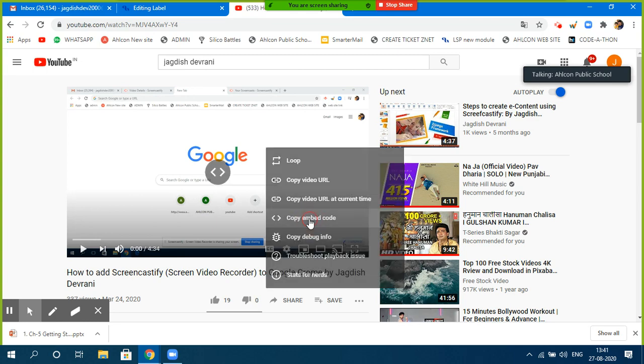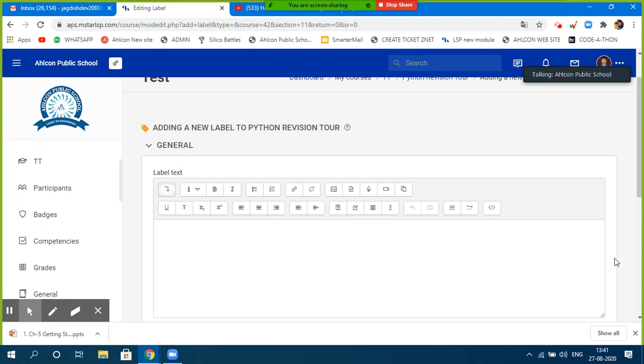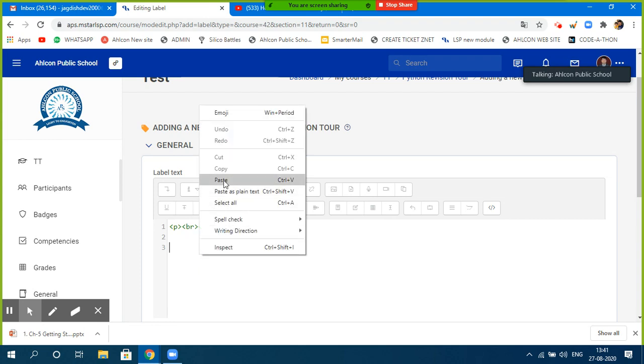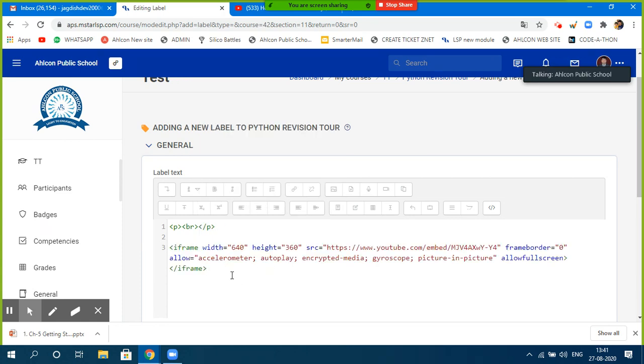Click on copy embed code, go back to your LSP module, click on this, click on HTML, go to the end, and control V, or right click and paste, whichever way you want to do it, right? Either right click, paste, or control plus V, you can make use of that.